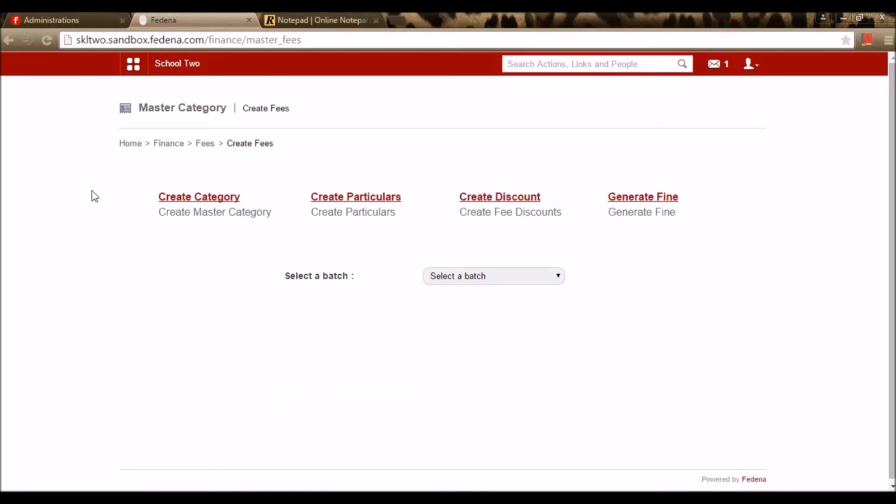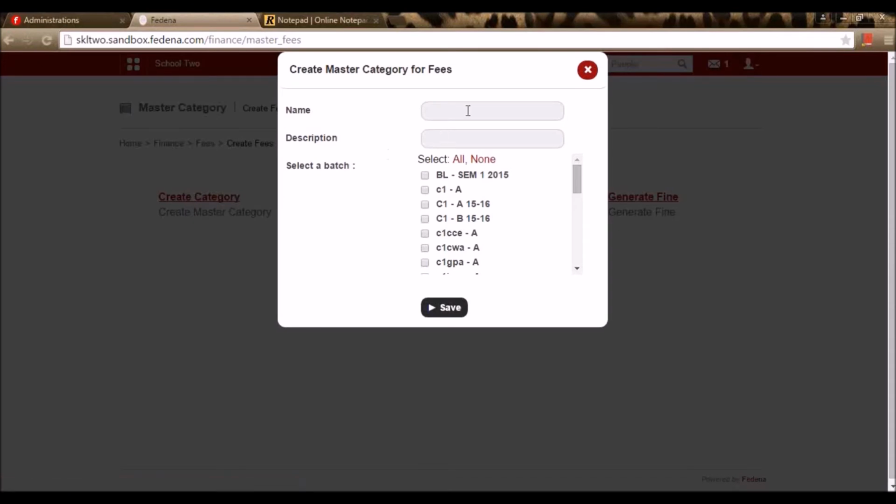These are the options and these are the columns I need to complete before completing the creation of the fee structure. I'm going for create category. Here I need to create a master category of fee. I'm giving the name, say term fee for class 3.